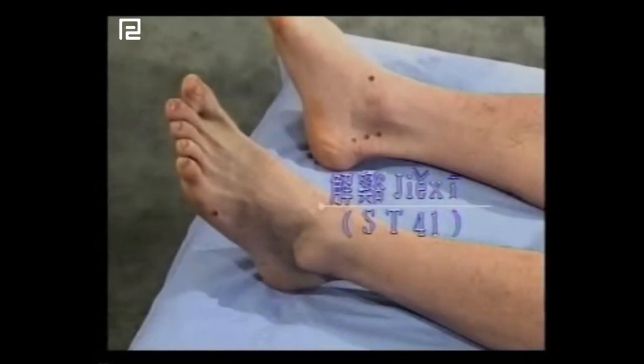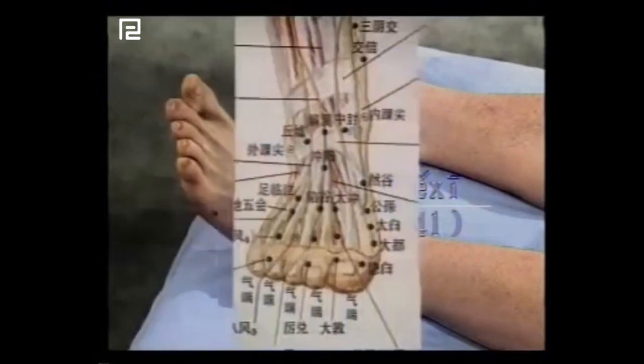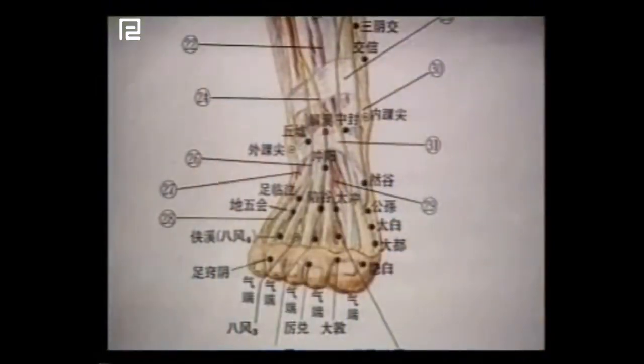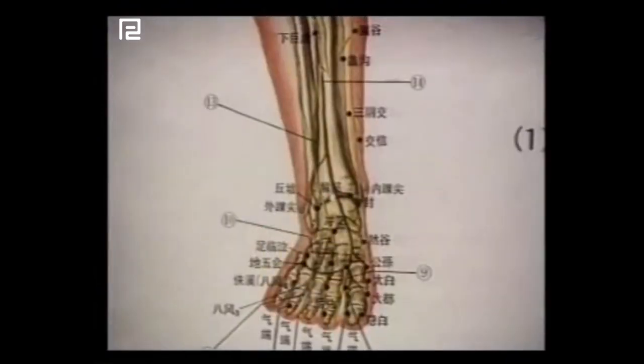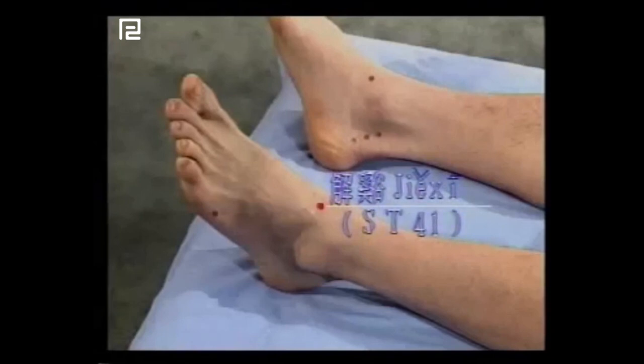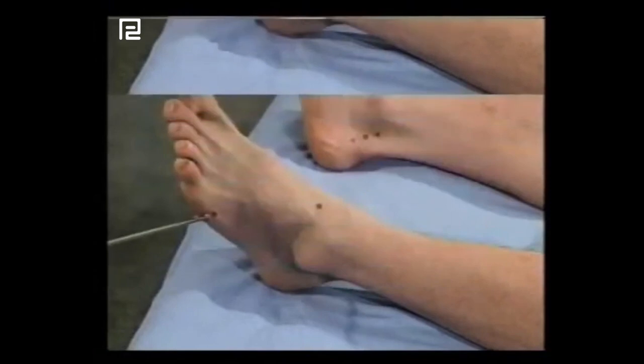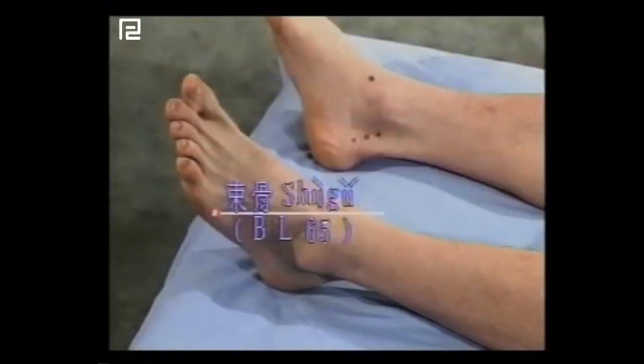Location: in the central depression of the crease between the instep of the foot and the leg, between the tendons of the long extensor muscle of the great toe and the long extensor muscle of the toes. Indications: edema of the head and face, abdominal distension, constipation, headache, dizziness, muscular atrophy, motor impairment, pain and paralysis of the lower extremities, swelling and pain in the ankle. Methods: puncture 0.3 to 0.5 tun, moxibustion 3 to 5 cones or 10 to 20 minutes.